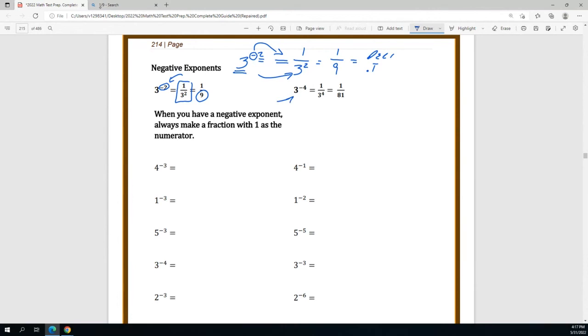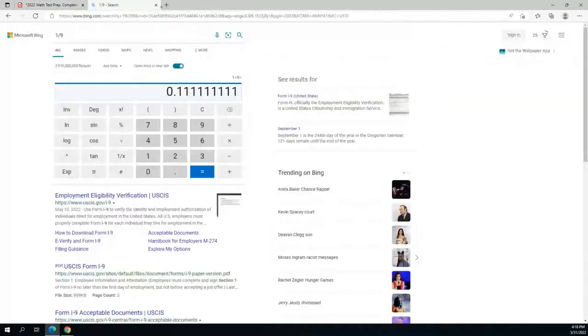Notice this one shows 3 to the power of negative 4. So I want to express that as a fraction. That's what this does. It sets up the fraction 1 divided by, and then what goes on the bottom? What was left? 3 to the power of 4. That's what goes on the bottom. Now, I can express 3 to the power of 4 differently as 81. And if they want the decimal, then I can just go ahead and divide. I can go ahead and take 1 and divide it by 81. And this is the decimal that's being shown,